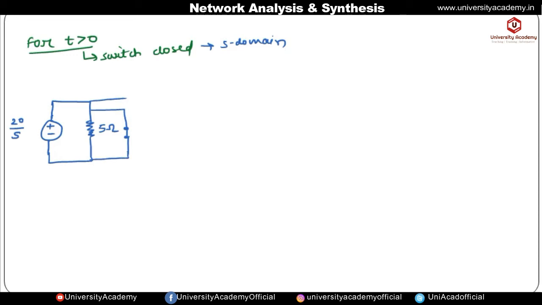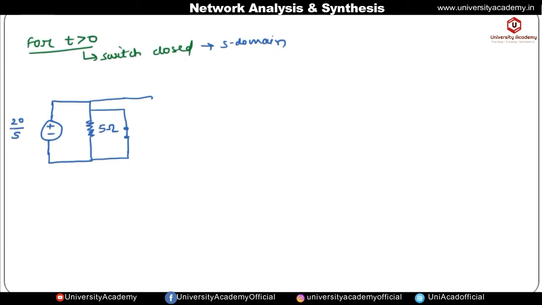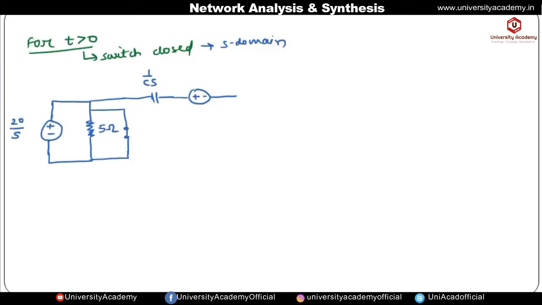Okay, next here we have a capacitor. So capacitor in the S domain is represented by 1 by C into S. Okay, and now here the capacitor is initially charged. So we have to represent that value also. So here the initial polarity of the capacitor is what we have to use for the voltage source. It means on the left hand side we have plus and on the right hand side we have minus. Okay, and the value of the voltage across the capacitor for t less than 0 is 20. So the Laplace transform of 20 will be equal to 20 by S.